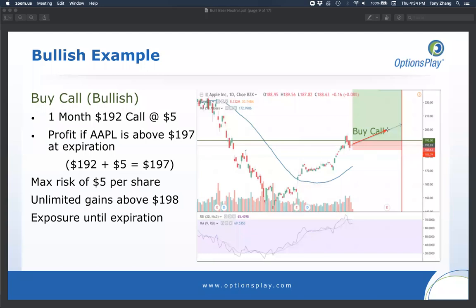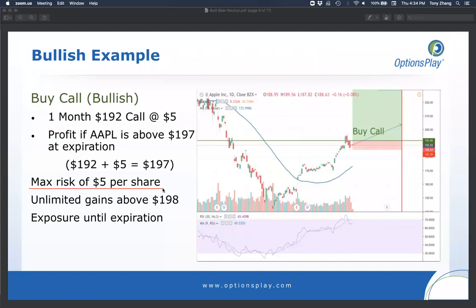So when you ask yourself next time you're thinking about buying a call option, you have to look at the price of that call option and factor that into how bullish you are on the underlying stock. But sometimes users will say, well, why would I want to do that when I can buy the stock? And the answer is that when you buy a call option, your risk is completely limited to the